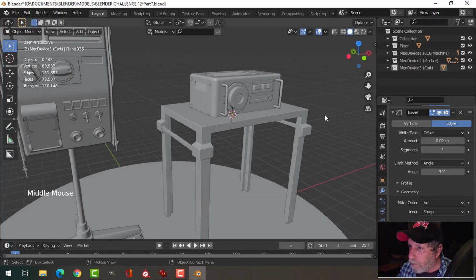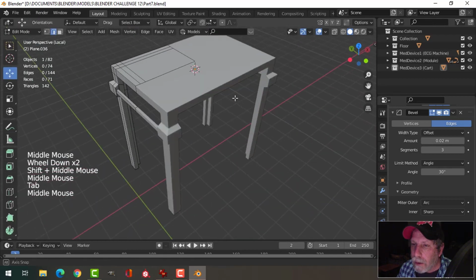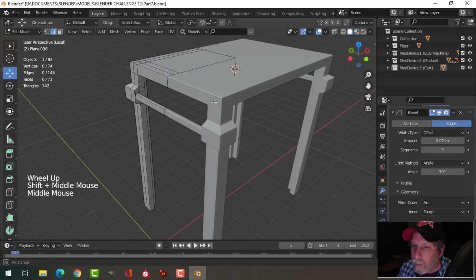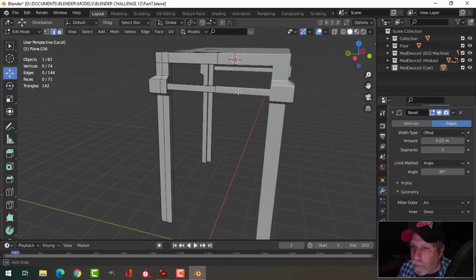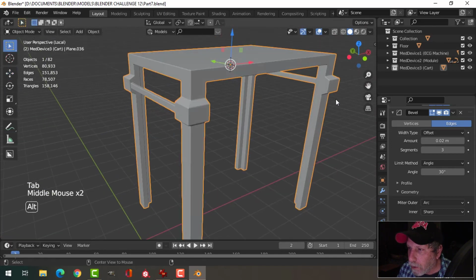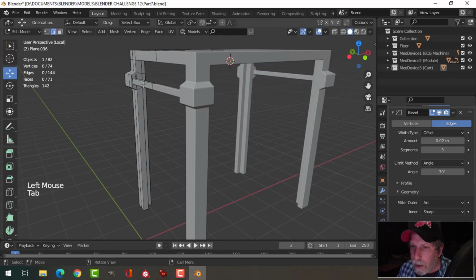All right. Well, we can live with that. And just go ahead and apply the mirror once I'm satisfied with that. Just want to have one more look. I think